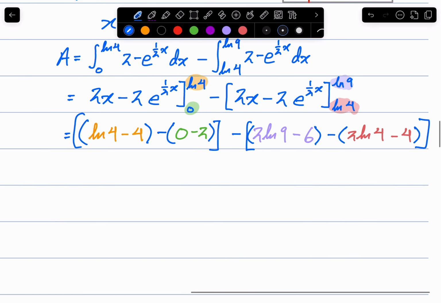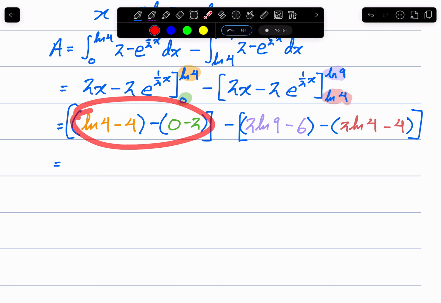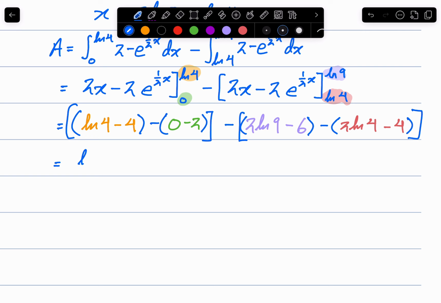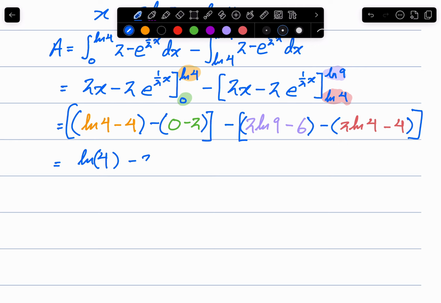Okay, so then now we just evaluate all these numbers. I'm not going to try and get too clever because there are too many minuses here. So I'm going to deal with this one first. So this is going to be ln4. Negative 4 minus minus 2. So negative 4 plus 2. Negative 4 plus 2 is negative 2. So putting this in a bracket. Negative 2